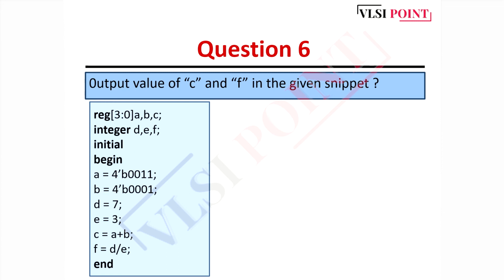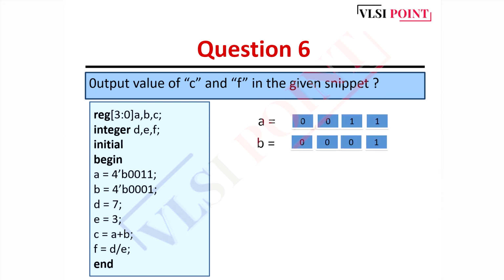So I hope you got your answers. Now we can see, A is 0011 and B is 0001 when we perform the addition. So basically this example is the use of arithmetic operators. You have to check how you can apply the arithmetic operators on the given variables. So we have to perform the addition. When you add A and B, then you will get the answer 0, 1, 0, 0, starting from the LSB side. So here 1 plus 1, the sum will be 0 and the carry will be 1.